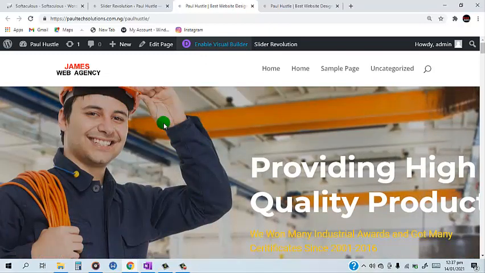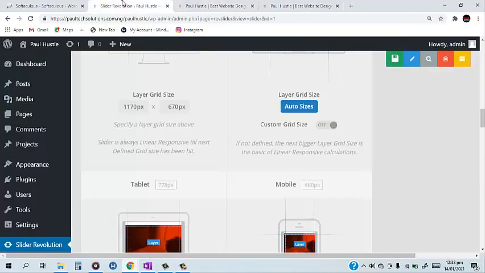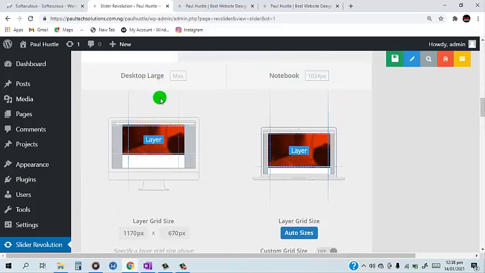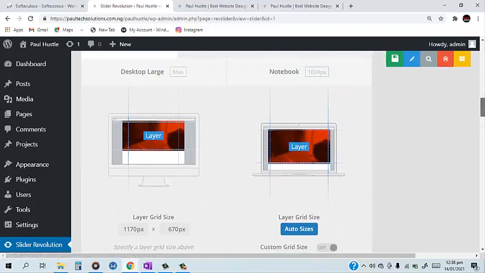The sliders are not going to be well arranged. The text is going to be piled up together. So you need to turn all of this off and just use this alone. This is the recommended size, the desktop large size. So we are going to be using only this